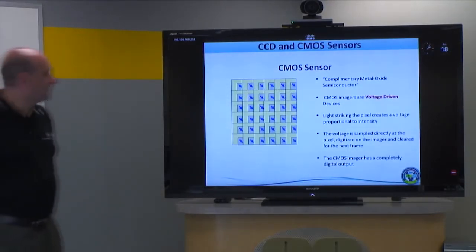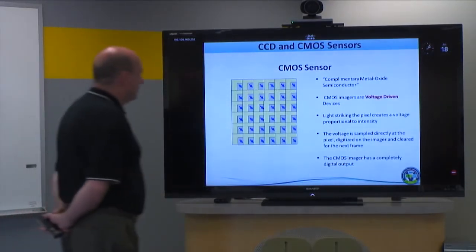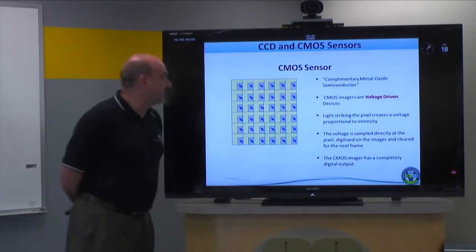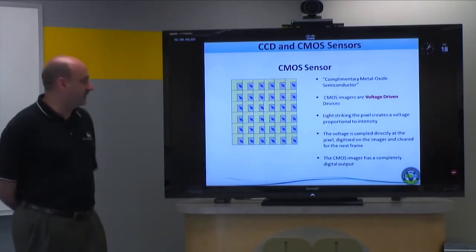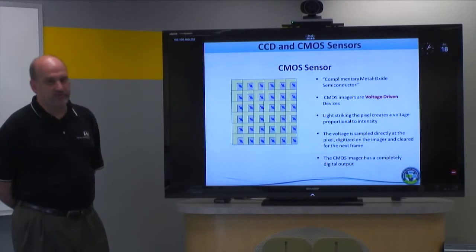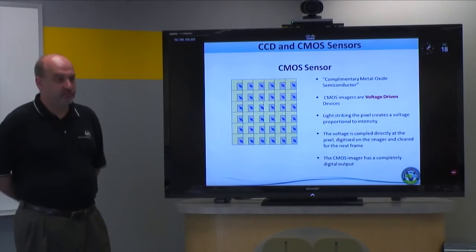Now, a CMOS sensor works a little bit differently. CMOS stands for complementary metal oxide semiconductor. CMOS technology actually came from the development of RAM chips. So in the early days of RAM for computers, and even nowadays, sometimes you still see